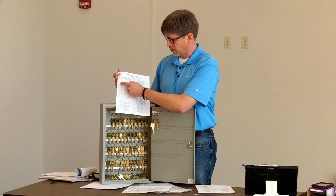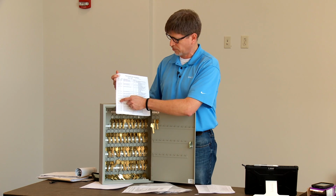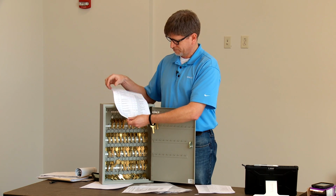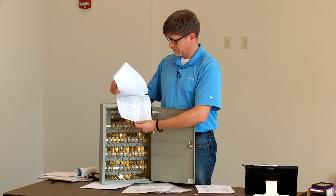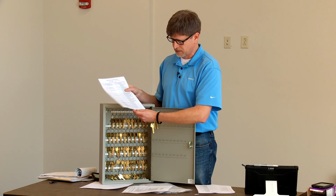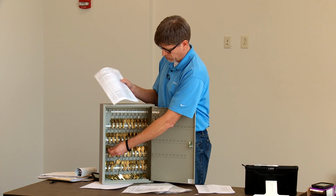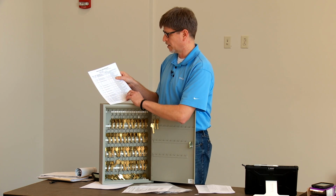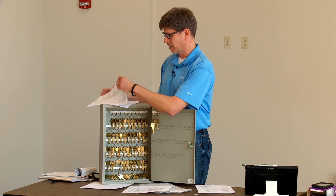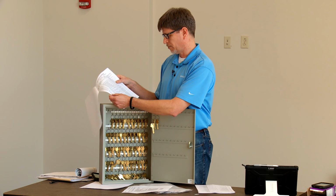So the first one is going to be all your A1 keys. So that's all your exterior door and all your access control doors. And then it just proceeds on from there. And like I said, this one is sorted by key set symbol. That way, if you know you've got key AA21, you want to know what that operates, you can go to the one sorted by key set symbol, find AA21, and you'll see that it's operating